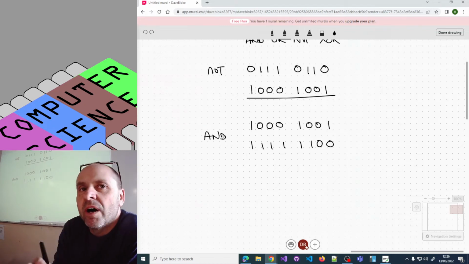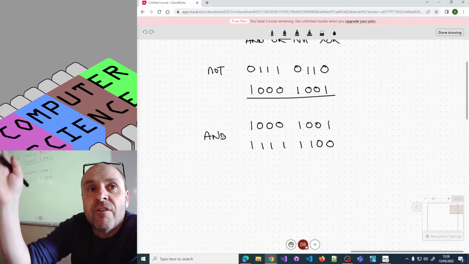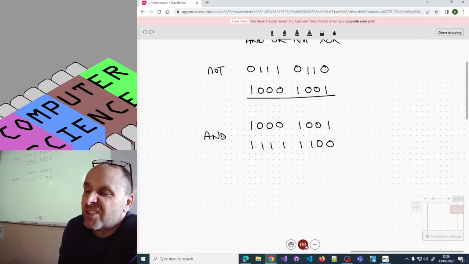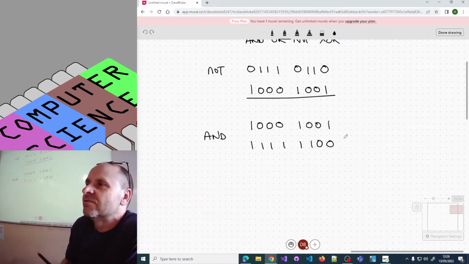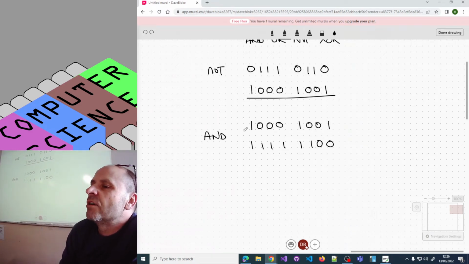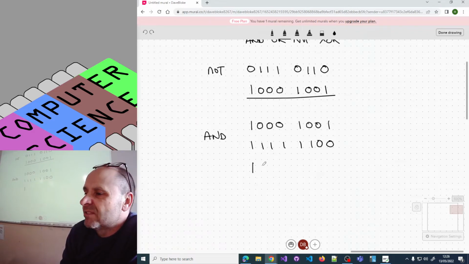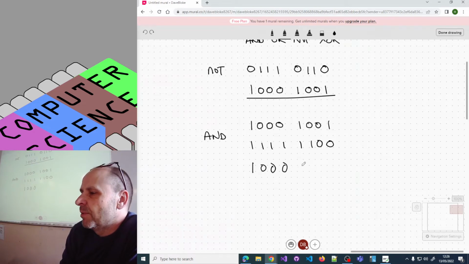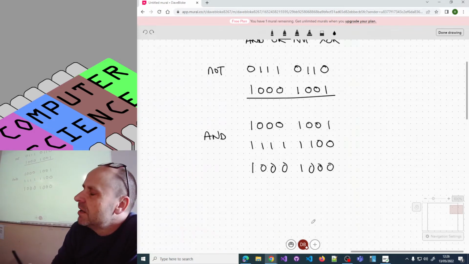Because it's bitwise, we take bits that are in the same positions and apply AND. It doesn't matter which way up and down, it's up to you. So all I do is I go, right, 1 AND 1 is a 1 using AND, 0 AND 1 is 0, and so on down the bits. Okay, now,